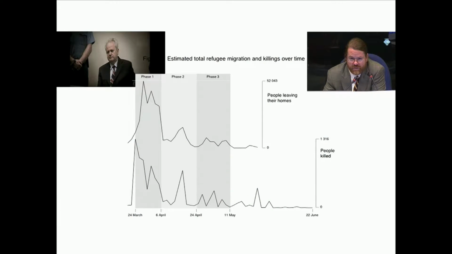Now, the shape of our work, the outcome of our work, really varies on the specific project and the specific setting. Sometimes we write memos, sometimes we're a footnote, sometimes we're a technical appendix. But I think one of the most visible ways that our analytical work comes into play is when we're asked to provide expert witness testimony in court cases. As Patrick Ball was in 2002 at the International Criminal Tribunal for the former Yugoslavia, when he was asked to testify against Slobodan Milosevic. And here he's presenting patterns of refugee flow across the border into Albania and patterns of known killings during that conflict.